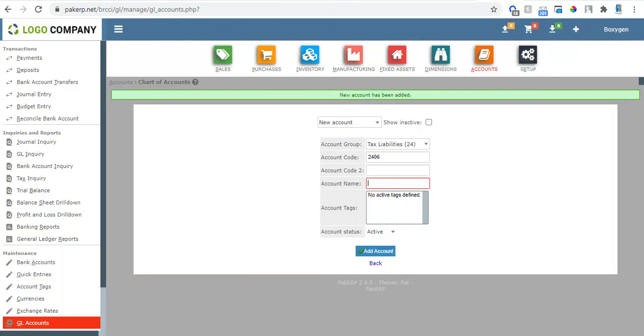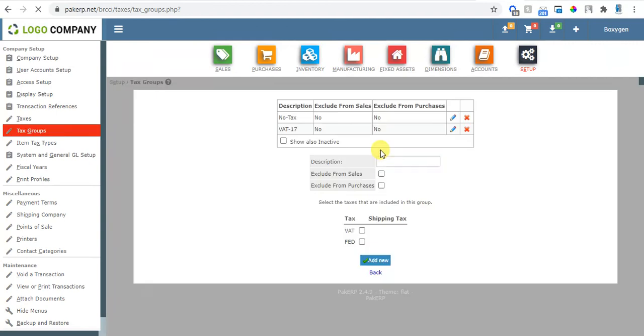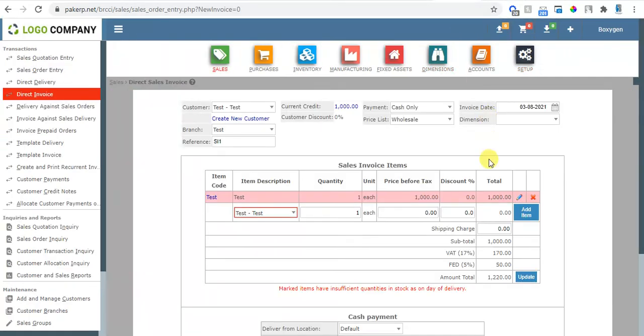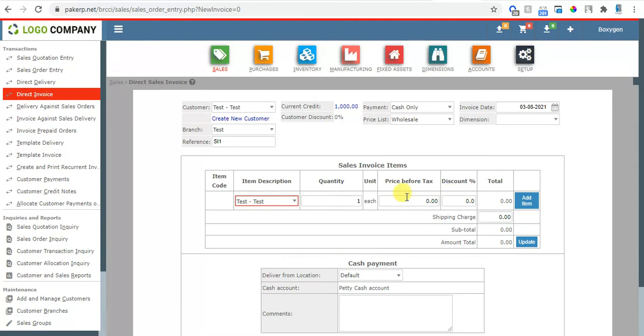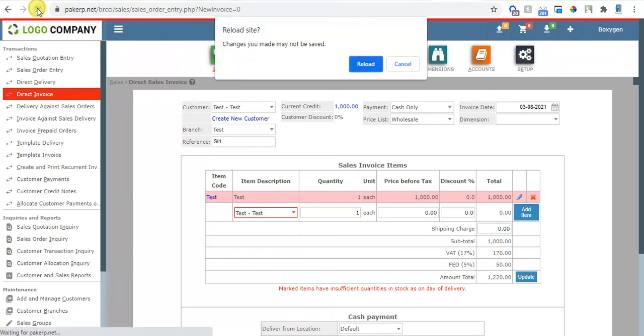If I want to apply only one tax, what I will do here in tax groups is edit this and remove this check. Now you can see. Let me refresh the page first.